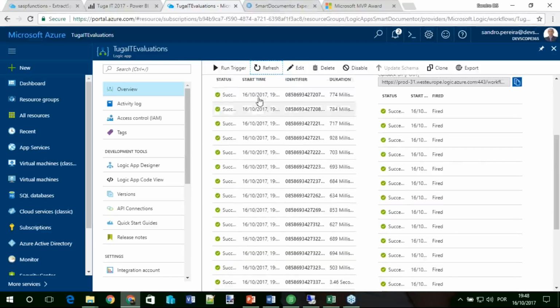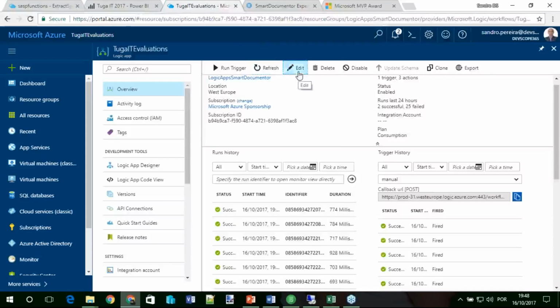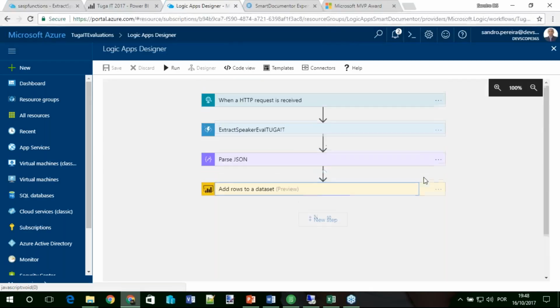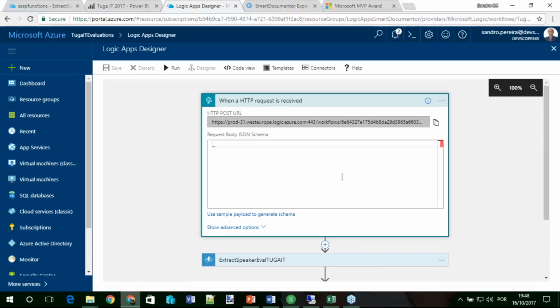So what I'm doing here in my Logic App, let me edit. It's just so simple and so quick to do that it's unfair for developers. So I create an HTTP listener. I'm listening to a URI and expecting to receive a JSON message. I didn't put anything here because I don't really need to know the JSON schema.